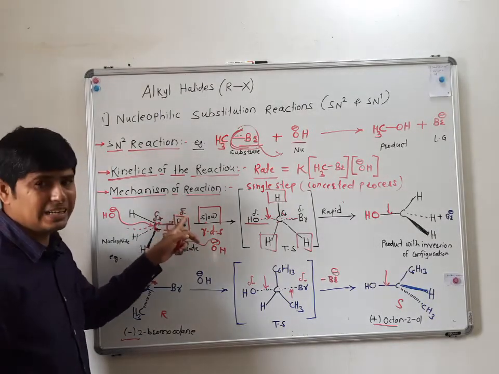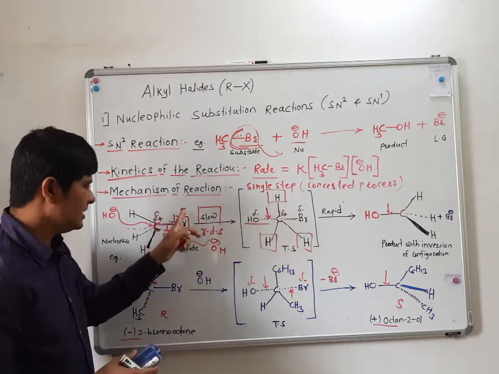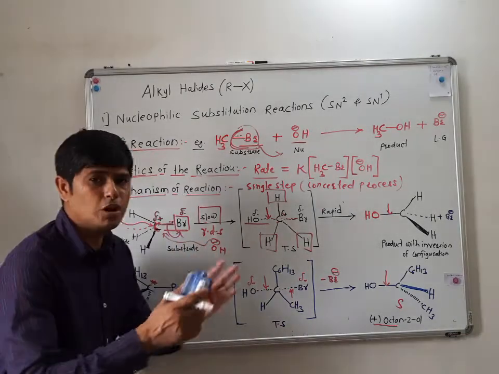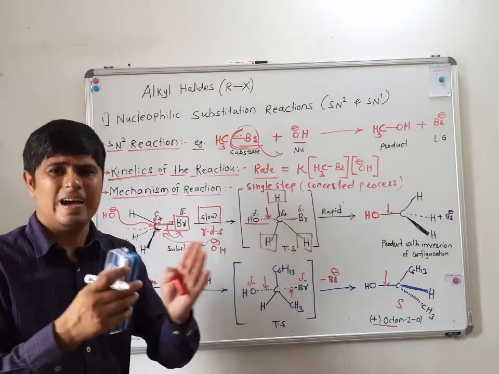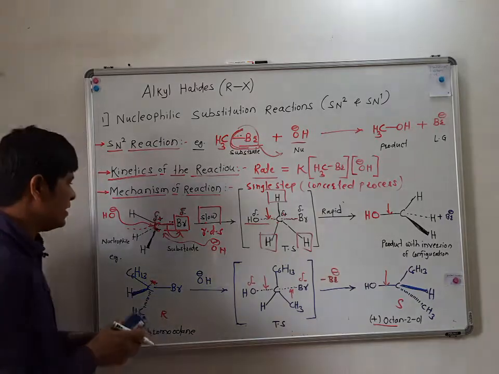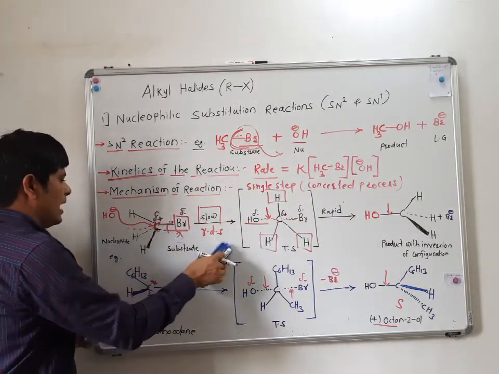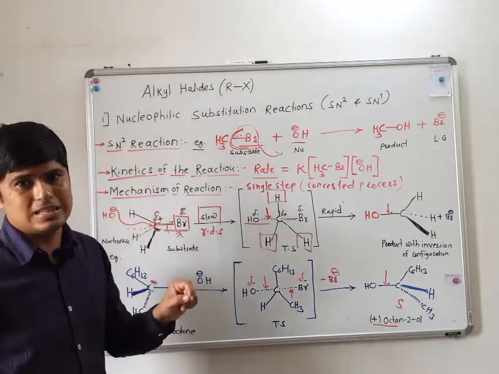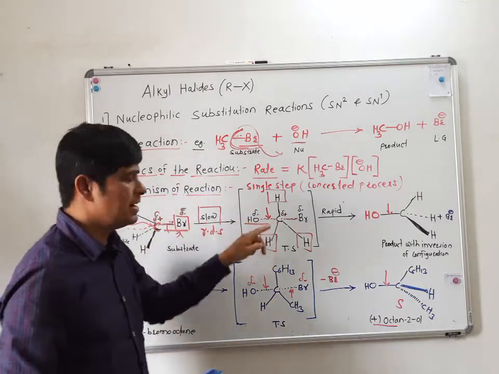This bromine is having delta negative charge, so it will repel this hydroxide ion, because it is also having delta negative charge. So both of them will get repelled. We know like charges always repel. We have also seen it in magnets. So this will get repelled, hence this hydroxide ion will approach or attack from the backside, or rear side, to this leaving group, and then there is formation of the transition state.